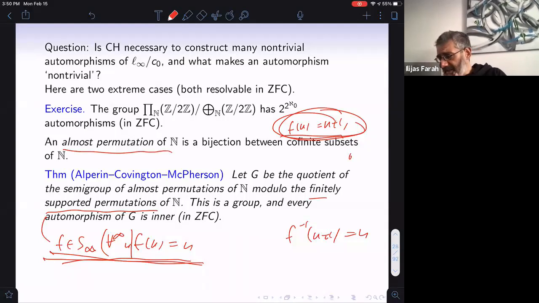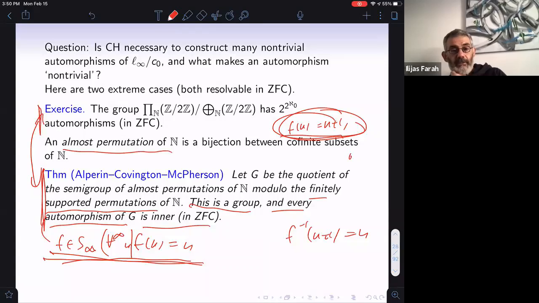Okay, their theorem wasn't that this is a group. That was clear from the beginning. Actually, they're not stating it even this way. But what is important here is that every automorphism of that group is inner. So it is implemented by an element of the group in ZFC. Right? So you see, these are completely opposite situations. Here, this structure is as rigid as you can imagine, and this one is as non-rigid as you can imagine. The way that they stated their result is really that if you look at S infinity, the group with all permutations, modulo these finitely supported,